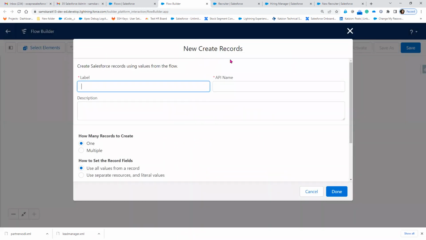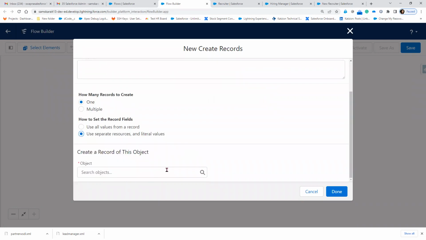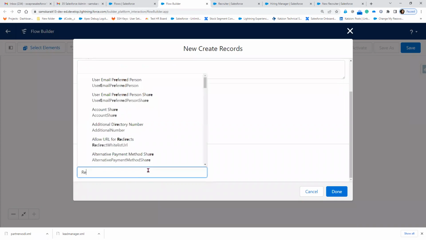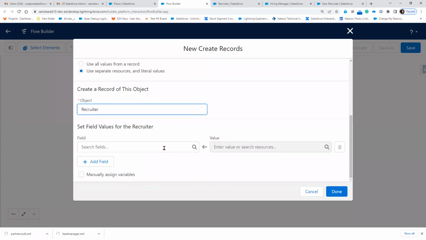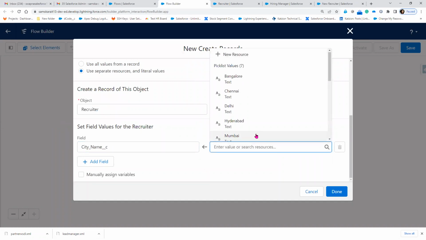So I'm choosing the new Create Records element. Let's say here I'm creating the related recruiter record. Now, one or multiple? Right now we are going to create one. Should all the values from the hiring manager record be used? No, I'll choose specifically because we do not have all the information. Now the object here I'll take as Recruiter because we are creating the recruiter. Now the first one is city name. City name is equal to